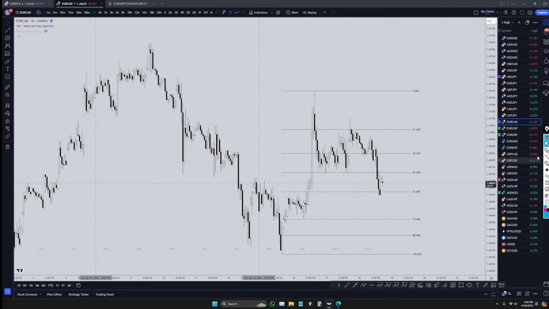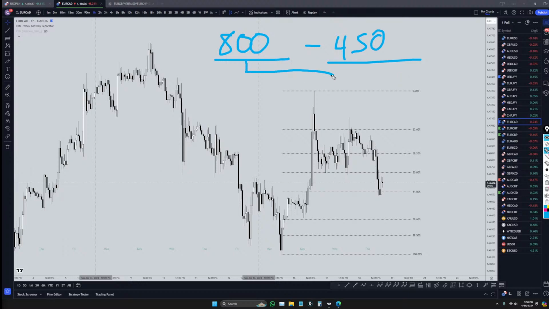I watched a video about it just recently because I'm not a crypto guy and I don't know a whole lot about crypto, but apparently what I heard from a video that I watched was roughly about 800 Bitcoin get mined per day. And once that halving happens, it's going to be cut down to about 450 per day. 450 Bitcoin per day will be mined. So they're going to go from around 800 to 900 a day down to 400 to 500 a day. So it's a pretty big deal.